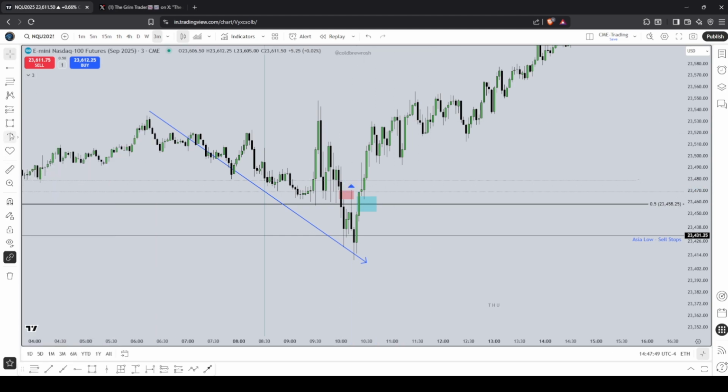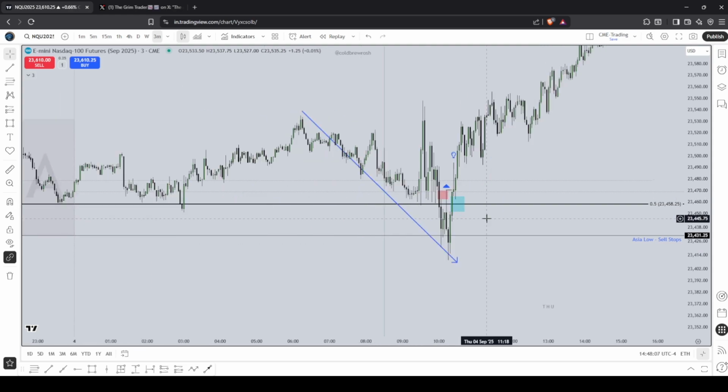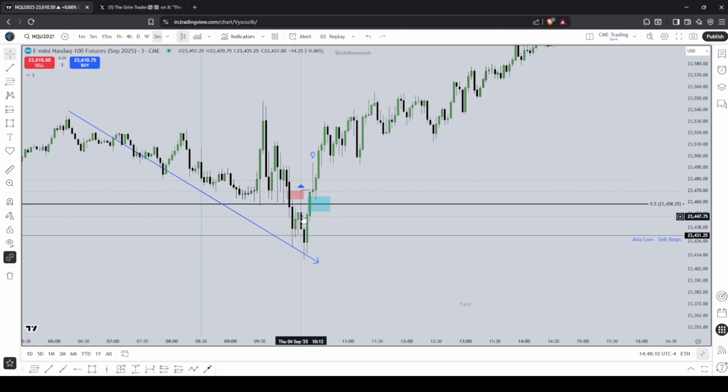Here, you have model 2022. ICT taught this in his 2022 mentorship. This is what we call shift in structure or market structure shift. This is your buy side imbalance, sell side inefficiency. And if you want to go into the details, these green candles would be called a bullish breaker, but that's